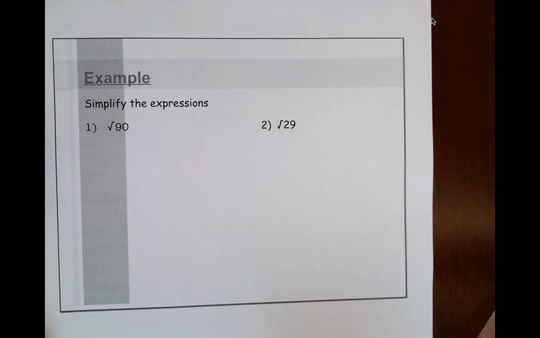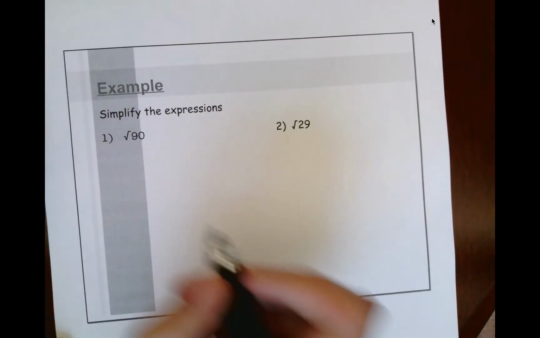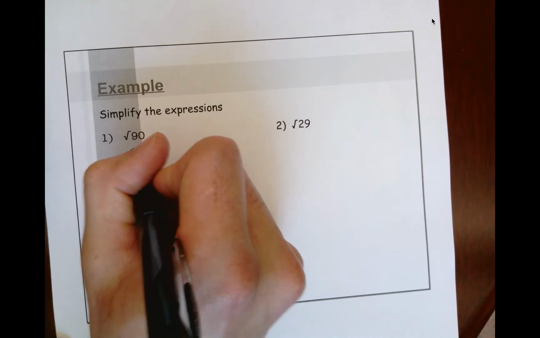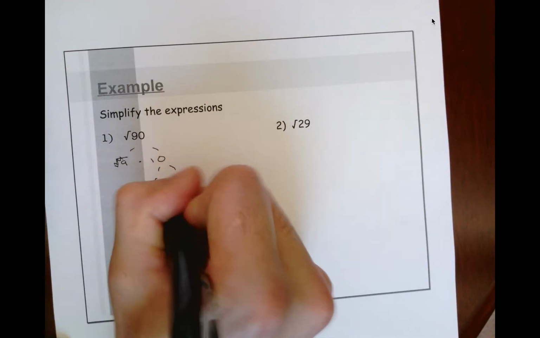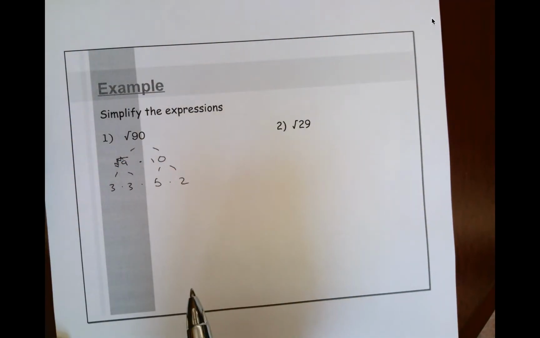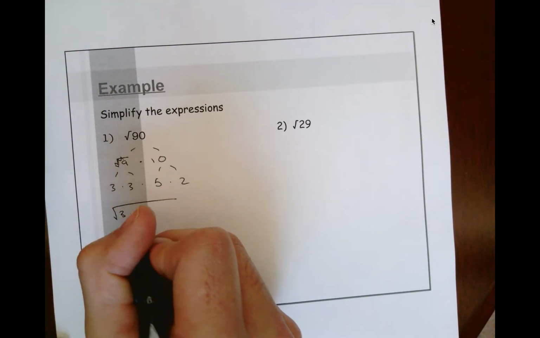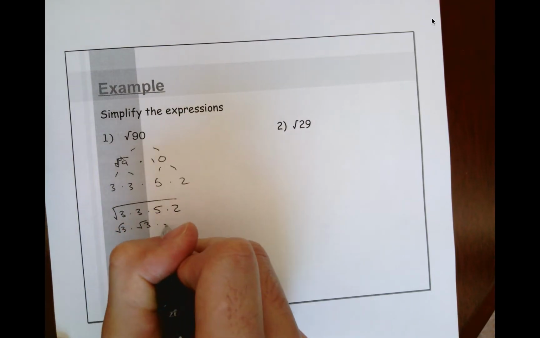So if I take a look at these two, simplifying these expressions, again, you can use prime factorization. I'll go through that quickly. Looking at the 90, I could break down 90 as 9 times 10, which becomes 5 times 2, which becomes 3 times 3. Looking at all of these numbers, they would not be able to be broken down anymore. So I'm going to put them all underneath the square root. Square root of 3, square root of 3, square root of 5, square root of 2. I could break them down into their own square roots,